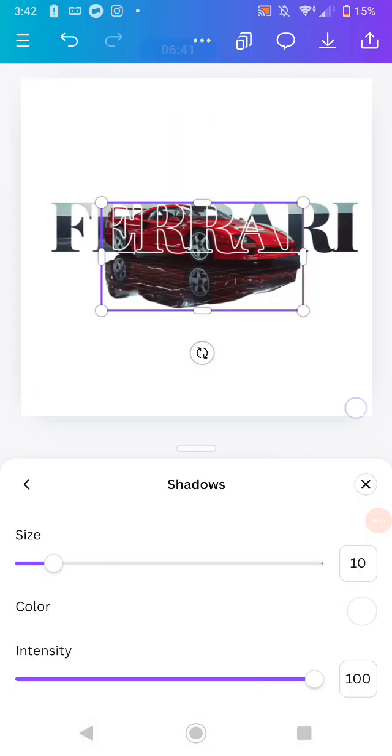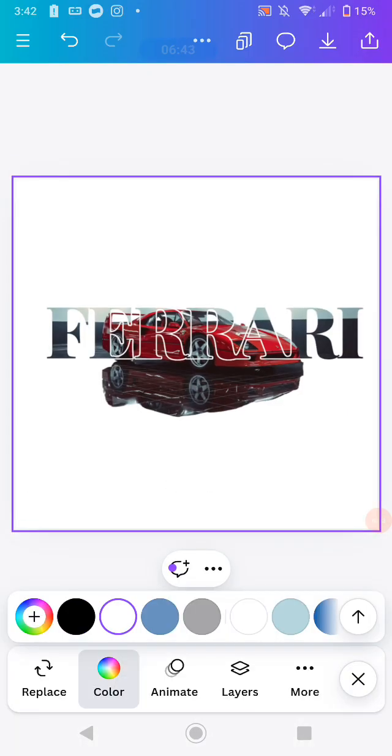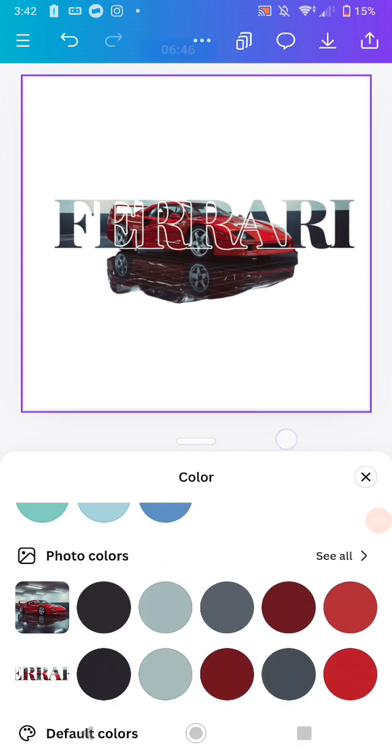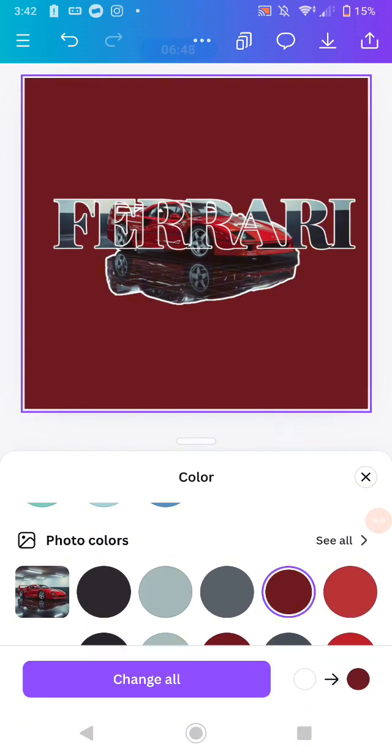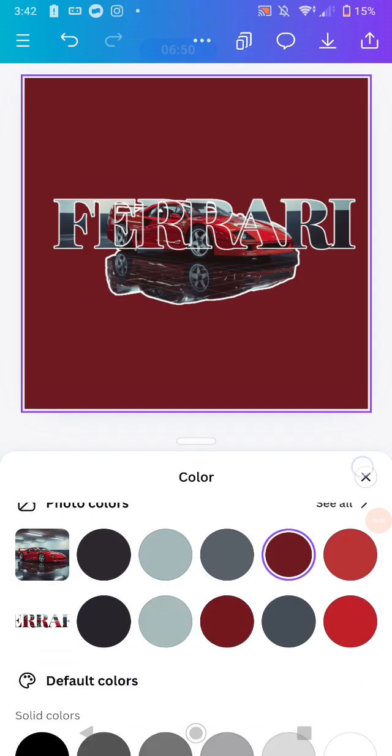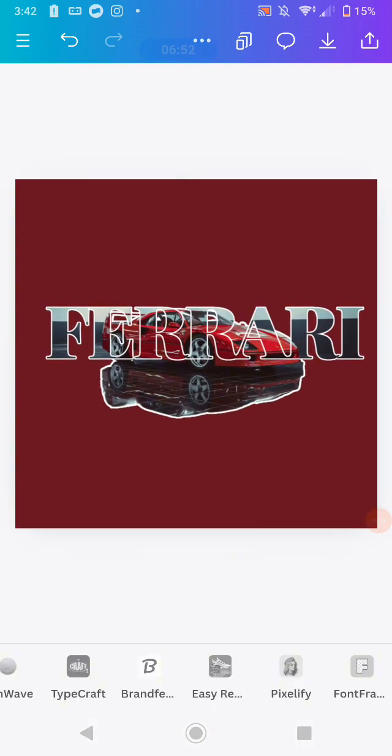And after that, we need to change the background color. For example, I will use, I think, this red color. And after you finish, this is the result that you got from